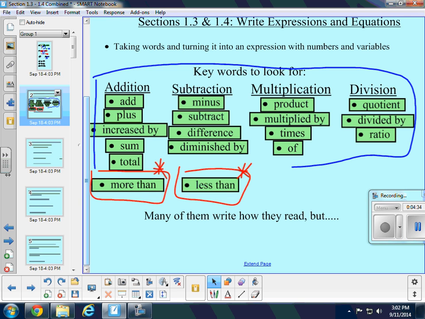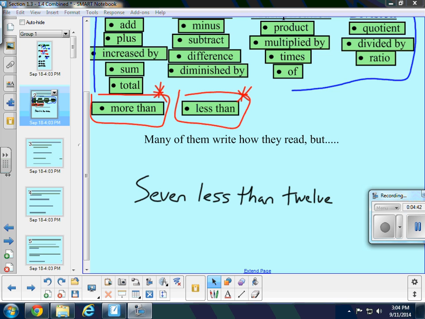So I've written a quick little example up here. 7 less than 12. So there's a verbal phrase. It says 7 less than 12. Well, again, going back up here, all these